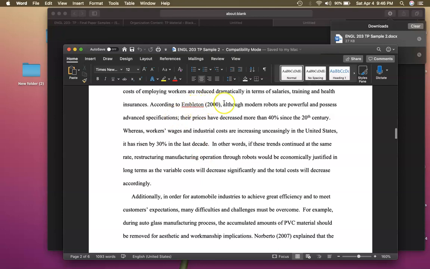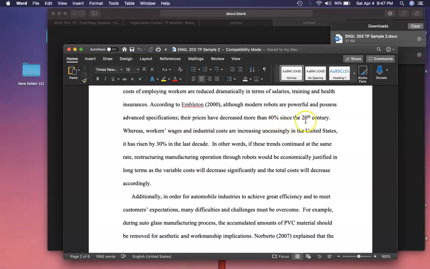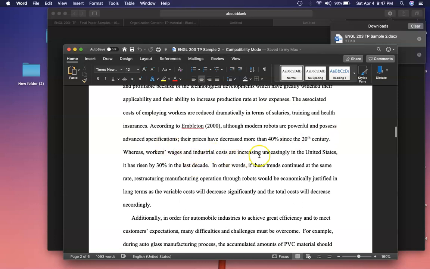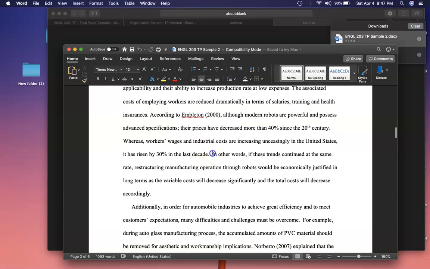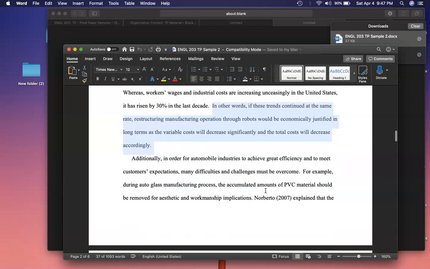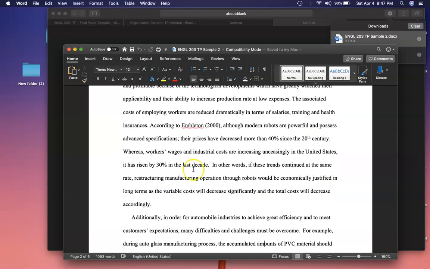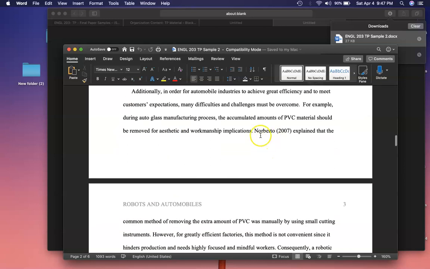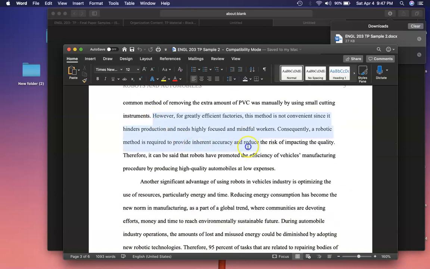And then according to Ambleton 2000, there is a paraphrase here. Although modern robots are powerful and possess advanced specifications, their prices have decreased more than 40% since the 20th century, whereas workers' wages and industrial costs are increasing. So he's discussing the paraphrase here. In other words, if these trends continued, so this is an example here. 2 examples actually, sorry. 2 sentences are the response. This is the paraphrase,